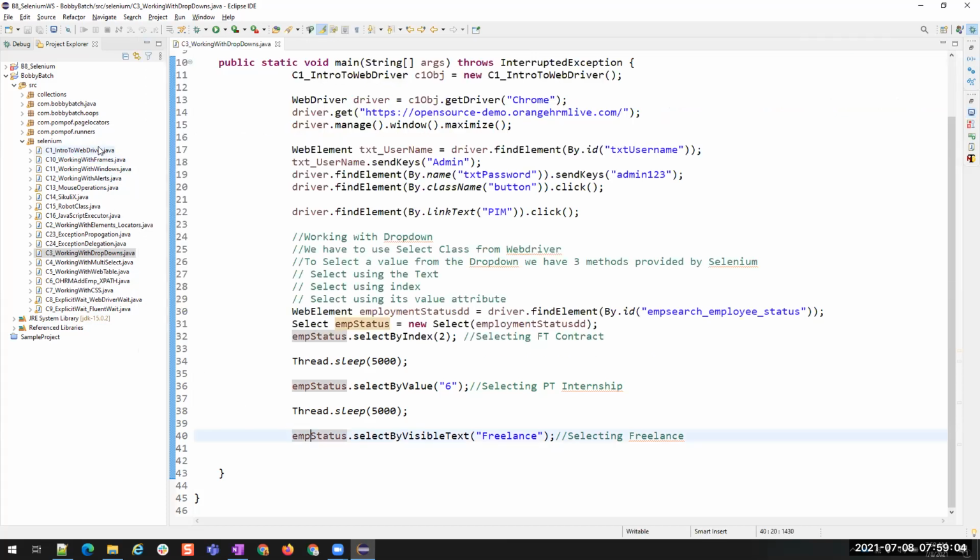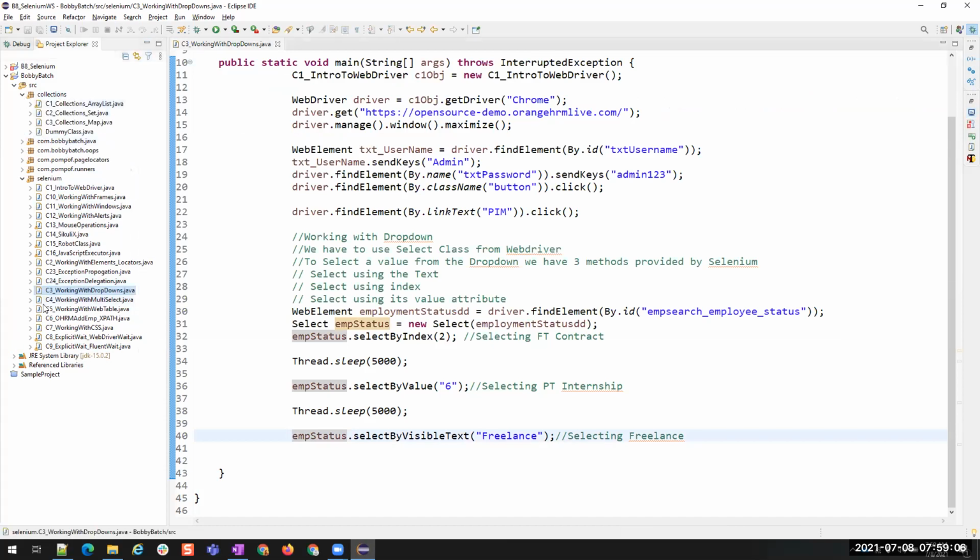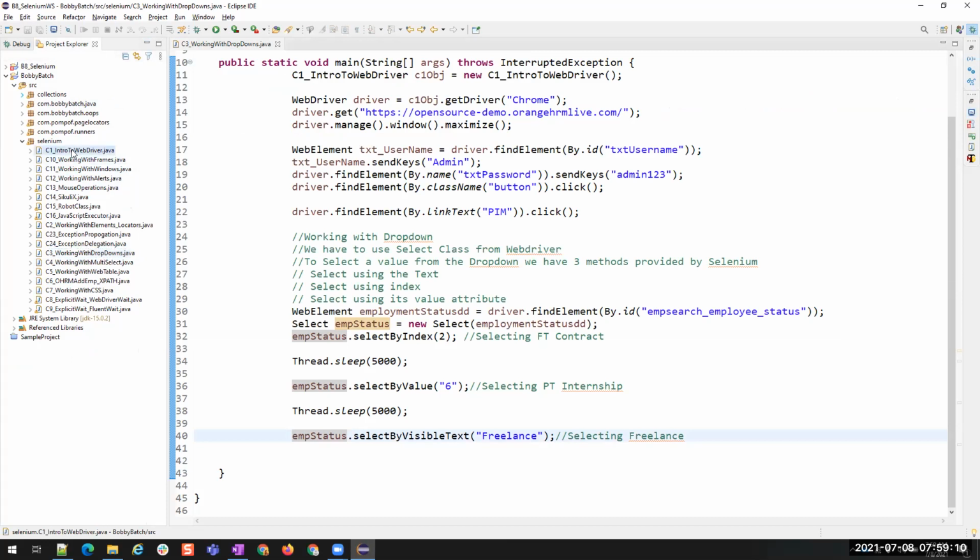But now I have a number of classes in all these packages, and if I want to execute all of them one by one, I have to sit in front of the system and execute them one by one. Is it okay? While it is running, here it is taking 10 to 15 seconds because this is a small script. But if we have a large number of scripts and each script is taking around 10 to 20 minutes, for example, I have to run this script and it is taking 20 minutes. So I'll run it and I'll sit idle for 20 minutes.